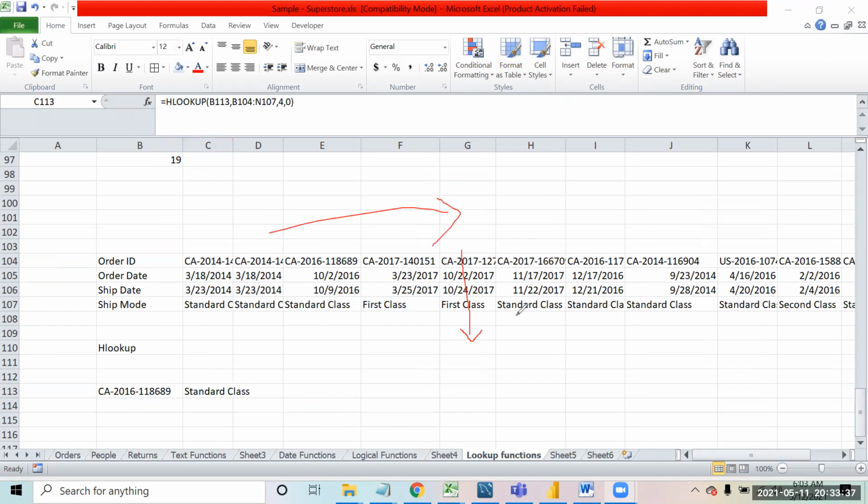V is vertical lookup, H is horizontal lookup. Okay, technically it's very rare you will get the data in this structure. Data always comes like you have the header names over here, and that is how the data is given to you. This way of data is very, very rare.